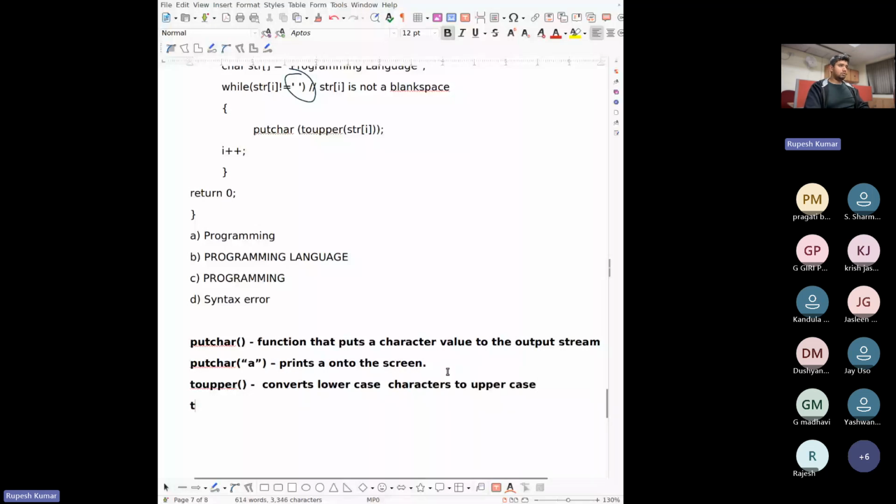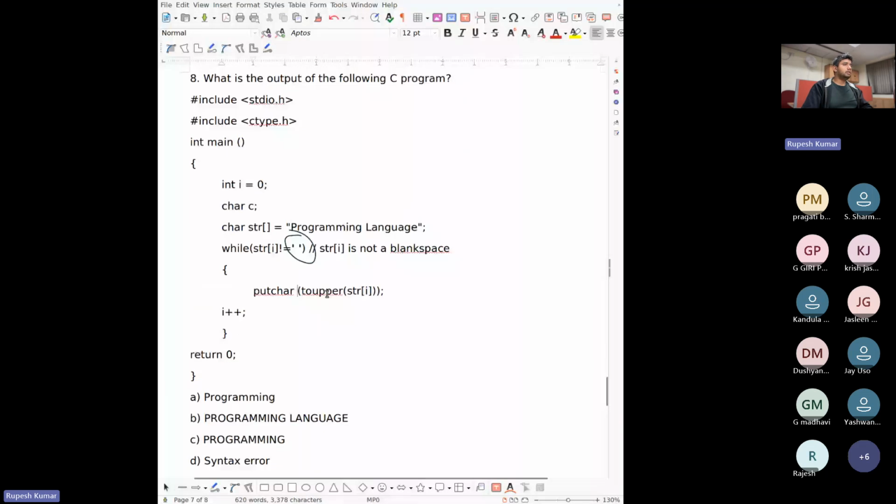For example, toupper of a is A, and toupper of A is also A. So it converts any lowercase character to an uppercase character. So now I'm printing on screen some character. That character is returned by the function toupper of str at i.